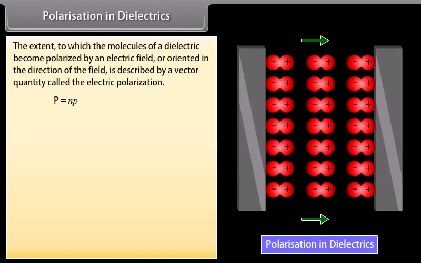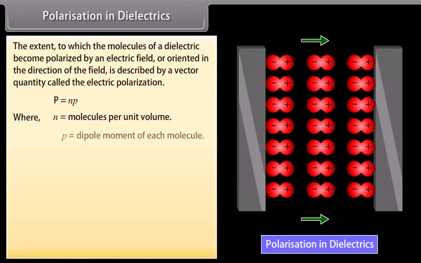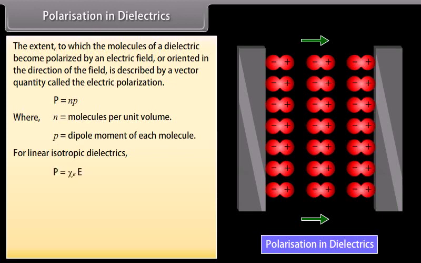P is equal to N p, where N is the number of molecules per unit volume and p is the dipole moment of each molecule. For linear isotropic dielectrics, P is equal to the product of chi and E, where chi is known as the electric susceptibility